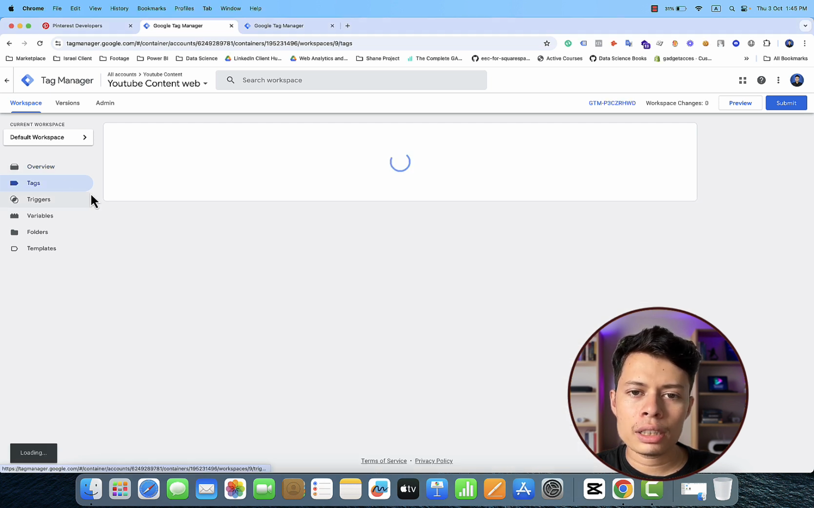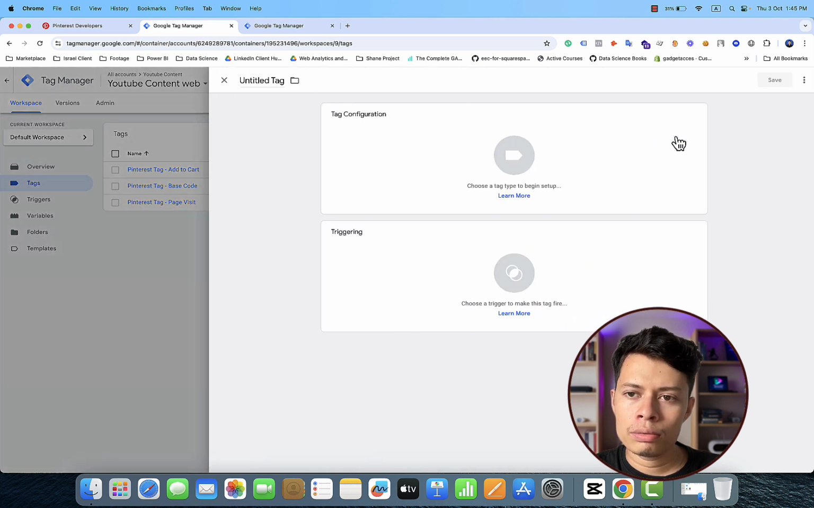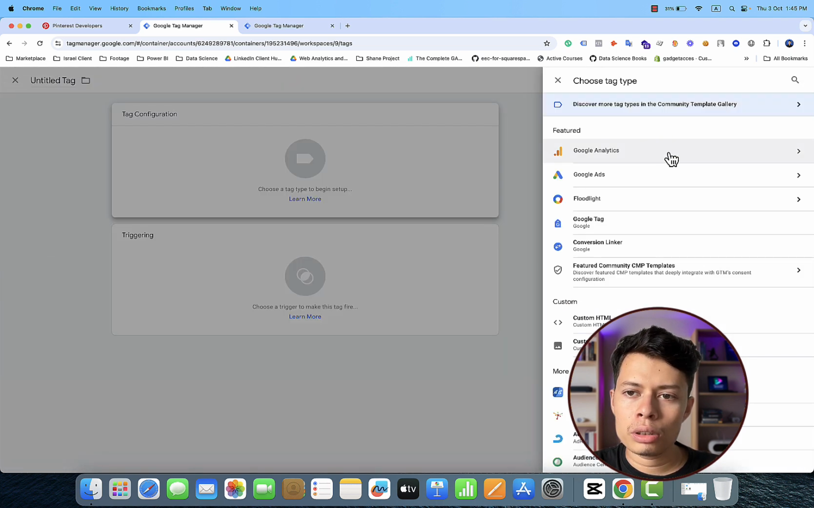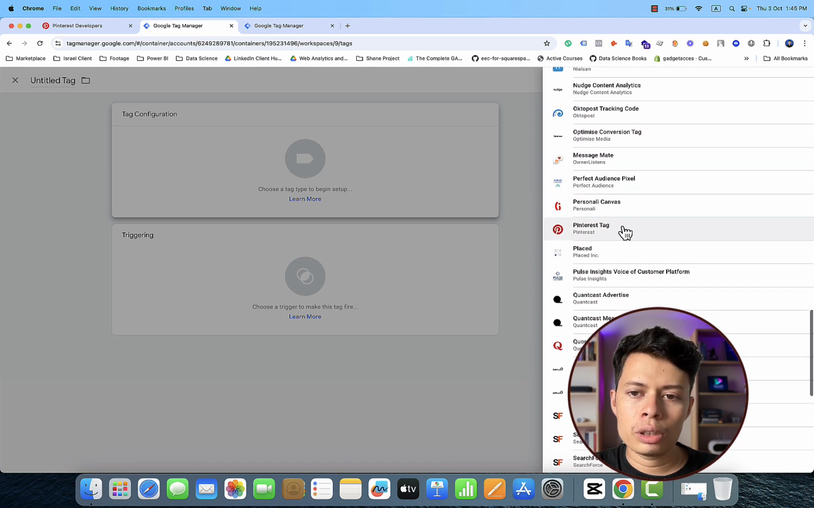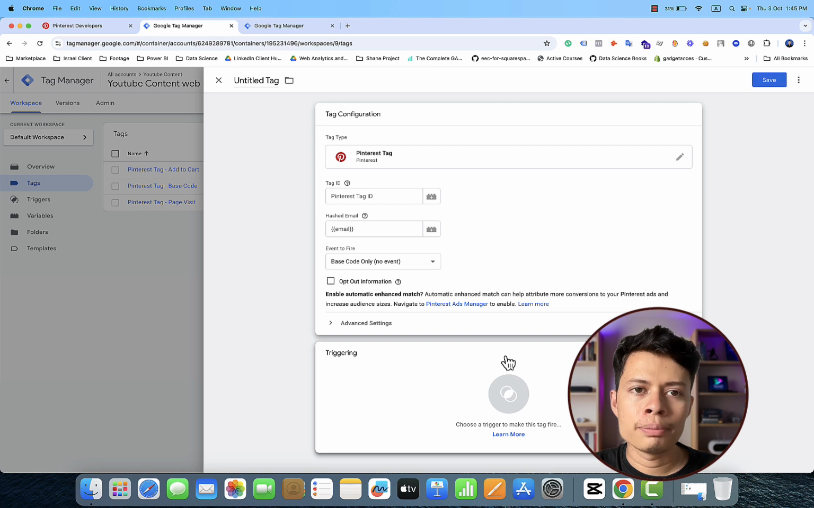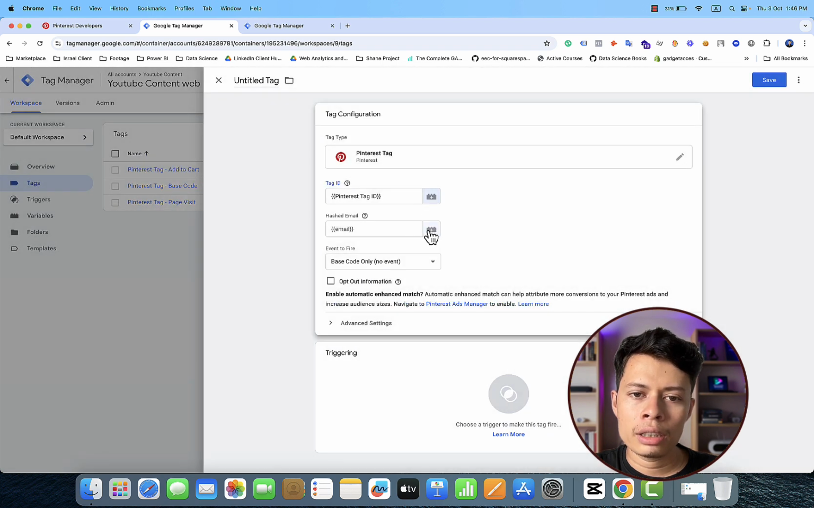that is the purchase event actually, but according to Pinterest it's the checkout event. So for that checkout event I have to create a new trigger. Then let's click over the new, then a new tag, and there is a tag template called Pinterest tag, and with this Pinterest tag we have to create the Pinterest purchase event. Okay, and we just have to call the Pinterest tag ID, and there is the hash email parameter for